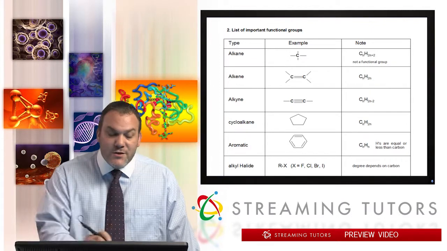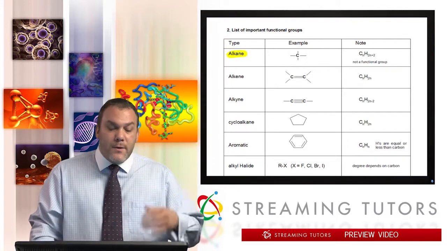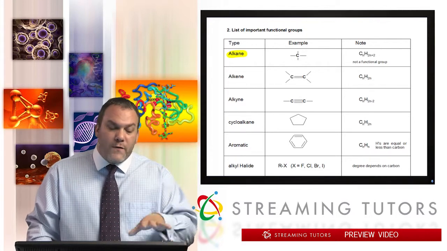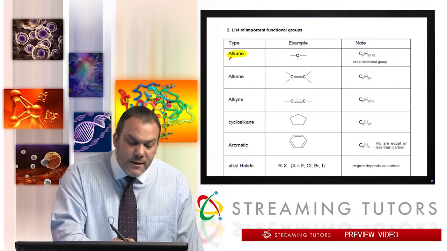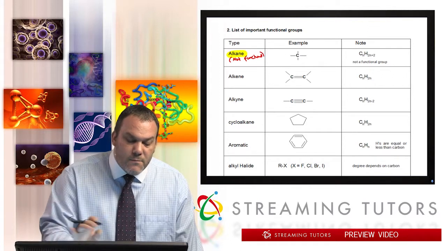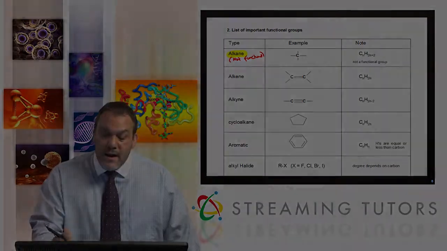Now the first one is actually not a functional group. Alkane is not a functional group, but I just want to organize all of our things that we need to know on this chart. But this one here in particular is not a functional group. It's just the skeleton of a molecule. Okay, now an alkane we know from the previous video is just